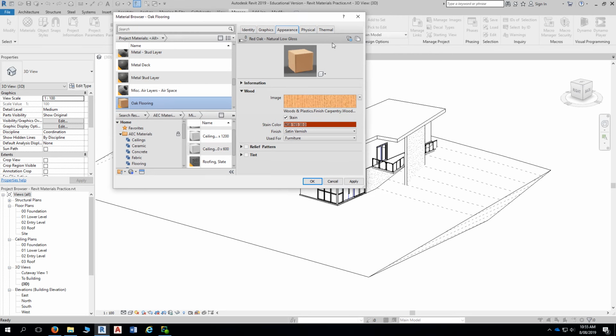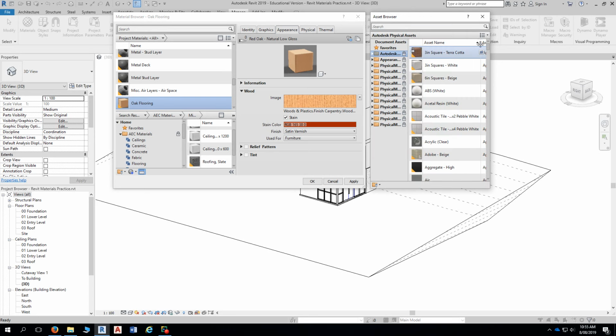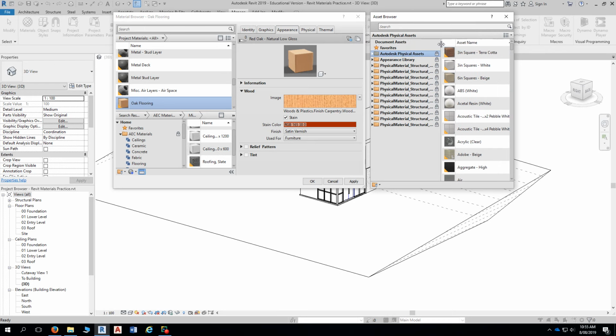Now, if you replace the appearance asset by clicking this one here, it opens up a second dialog called the Asset Browser. The Asset Browser will allow you to change the appearance asset, and you'll find the appearance asset under the appearance library here. Depending on what you want to change it to,